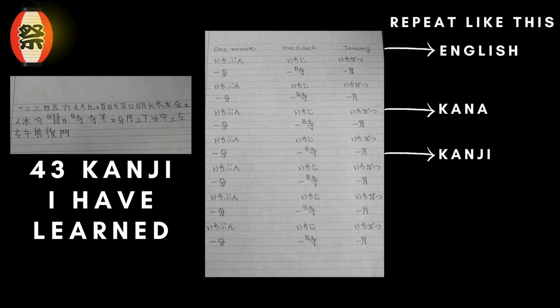And you can see all 43 kanji where I have labeled them by pointing out what they are. So these are the 43 kanji that I have learned so far. And what I'm doing is, after learning these 43 kanji, I am utilizing the Genki kanji book that I have. And the good thing is that every kanji has a section in which the words that are using those kanji are mentioned. And what I'm doing is that, let's say there are words that are strictly written with the kanji that I have learned,